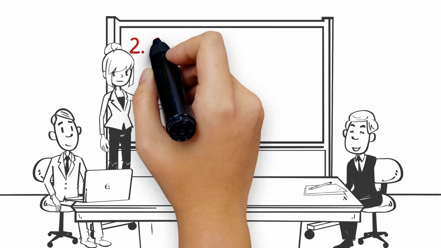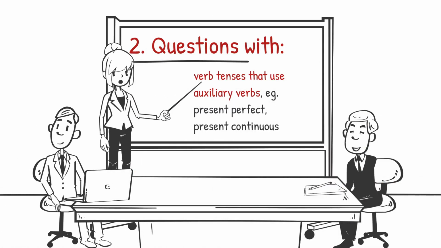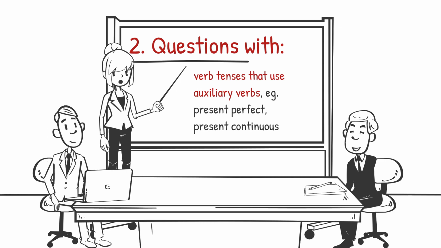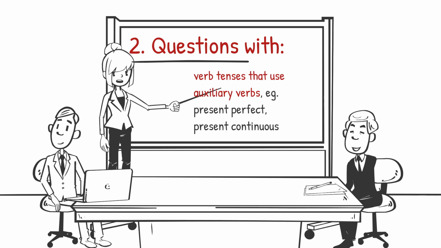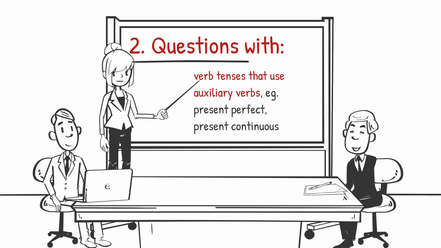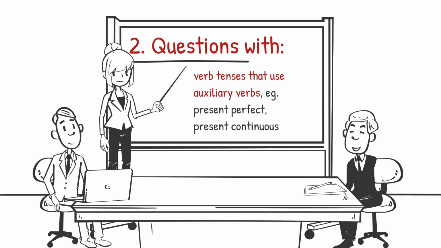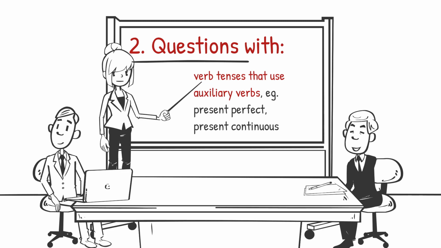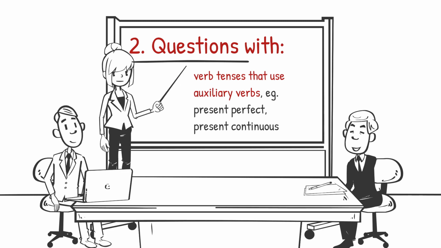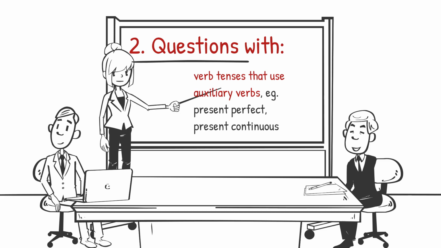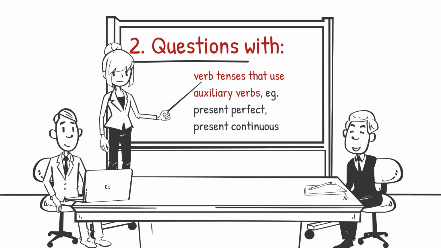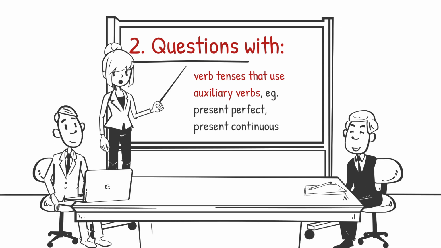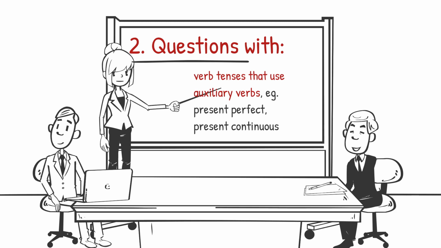Let's take a look now at how we make questions in verb tenses where you have a main verb and an auxiliary verb, like the present perfect and the present continuous tenses. Remember that the present perfect simple is made up of the verb to have as the auxiliary verb and the past participle of the main verb. The present continuous tense gets the verb to be as the auxiliary verb and the main verb has an ing ending. When we make questions in these tenses, it is the auxiliary verb that switches with the subject in the